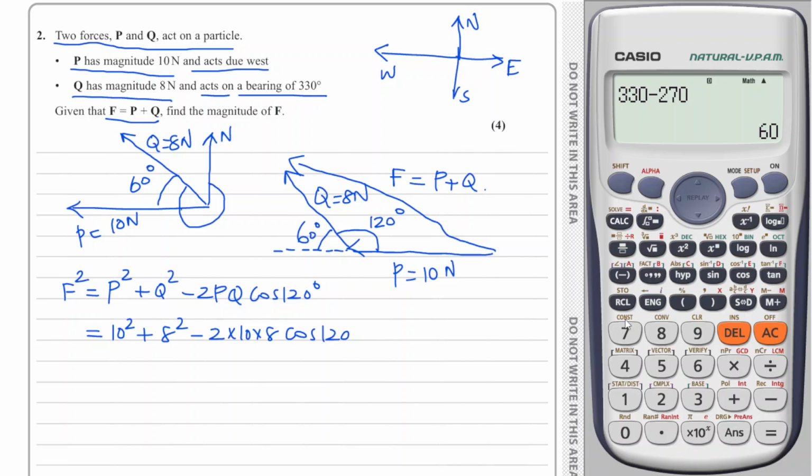Then we can calculate it with the help of the calculator. So 10 square plus 8 square minus 2 times 10 times 8, then cos 120 degrees. The answer is 244. So F square is equal to 244. I need to identify the F value, so I calculate the square root of 244. When I calculate that square root, the value is 2 root 61. So this is called the magnitude of